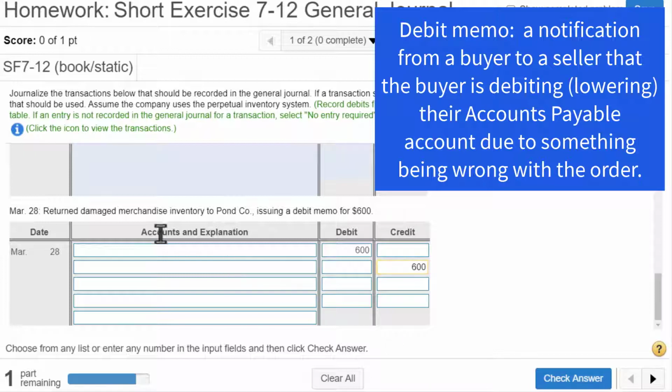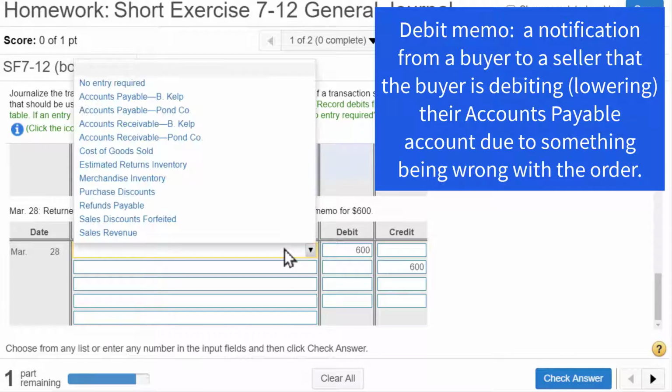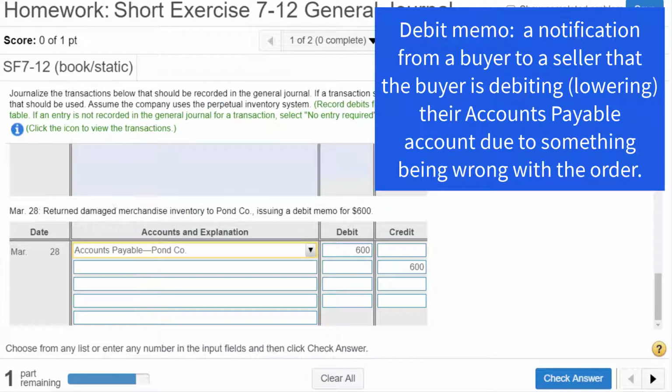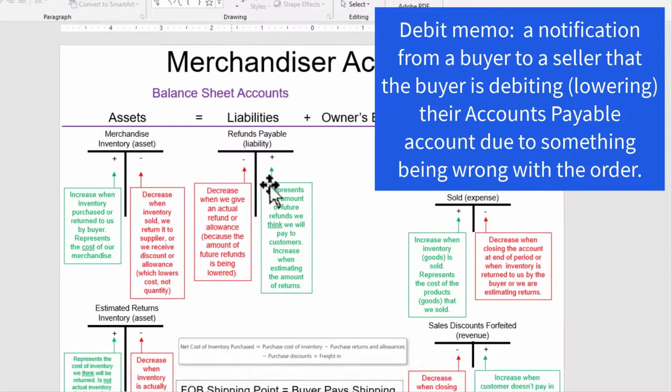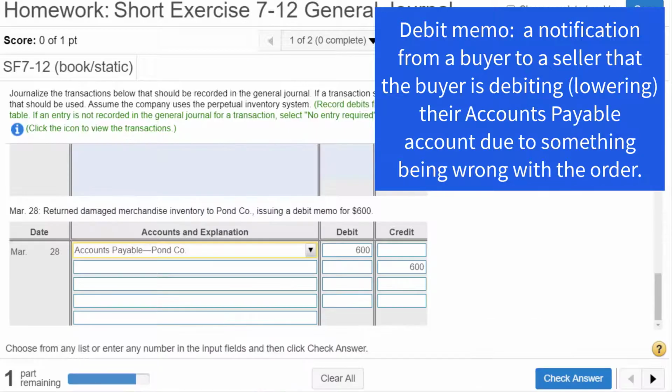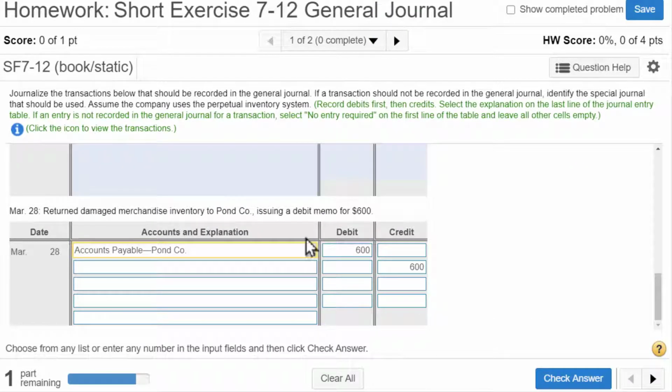So, since we are issuing a debit memo, that means we are debiting AP. We are lowering our AP. So you issue a debit memo when you bought something on account. So I need to find AP to Pawn Company. Why am I debiting that? Because remember, AP is a liability. Liabilities increase on the right side. To lower that, I would need to debit it. So by sending them the debit memo, we're saying we no longer owe you the $600 because we're returning this